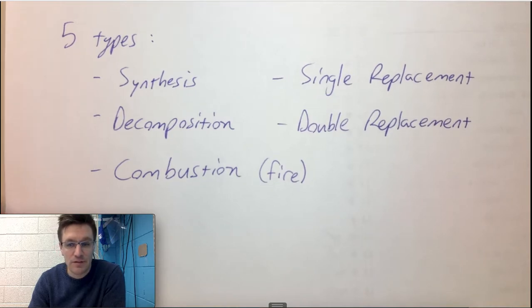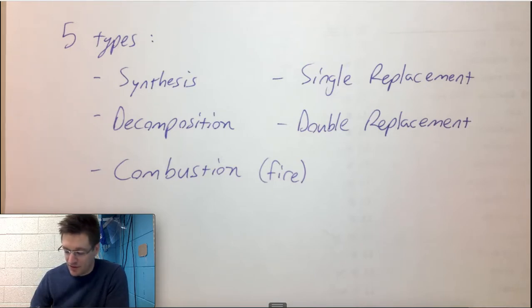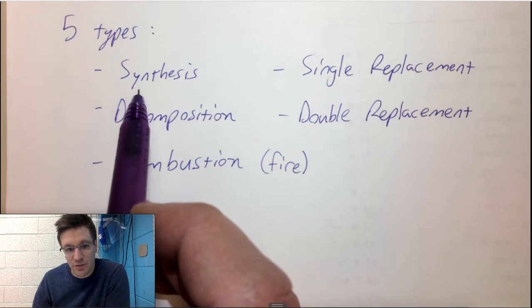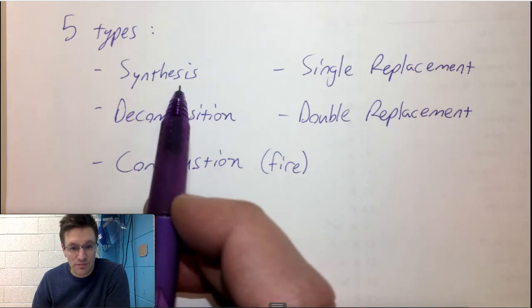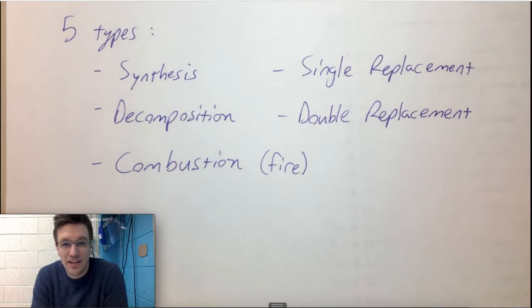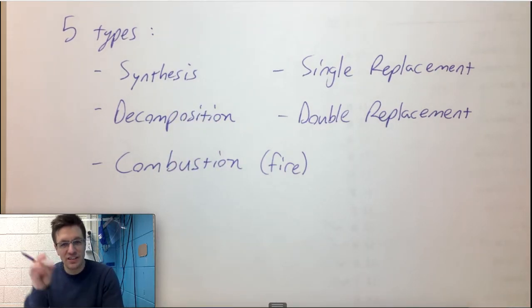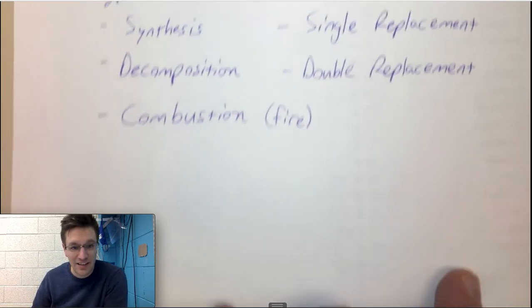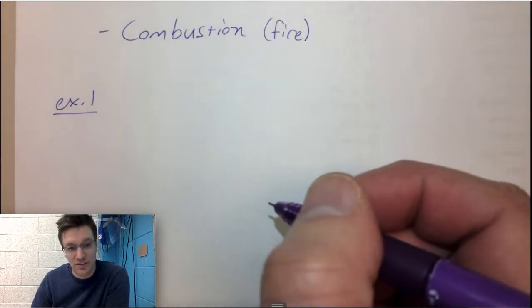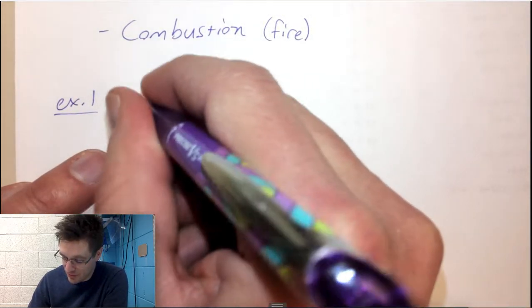Okay? So what I'm going to do is show you some examples here to teach you how to recognize these 5. Now, synthesis, this is a word that we use in English fairly often as well. That's the noun version of it. The verb is to synthesize, and when you synthesize something, you take little pieces and you put them together to make something new. And that's exactly what happens in a synthesis reaction. So for example,